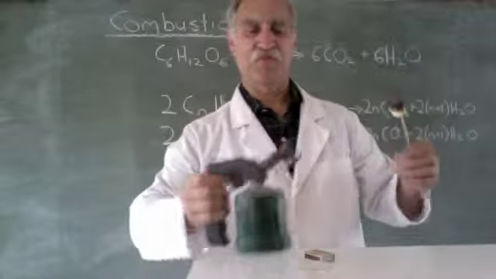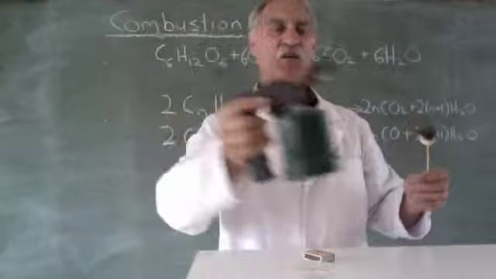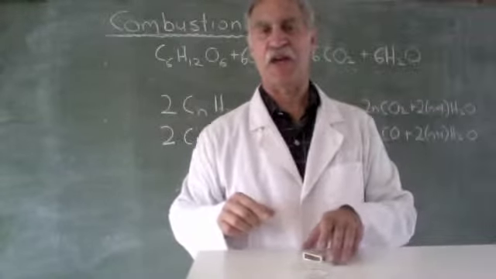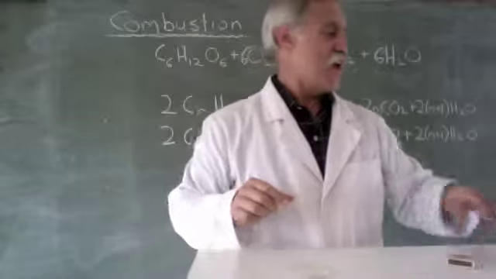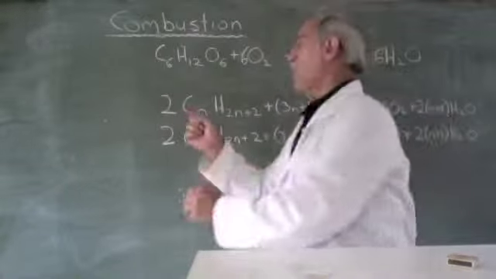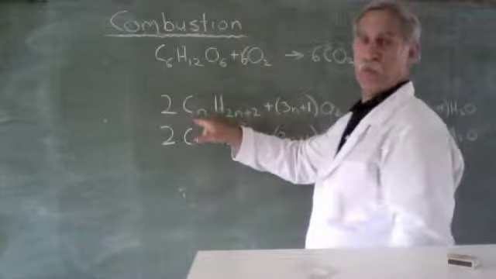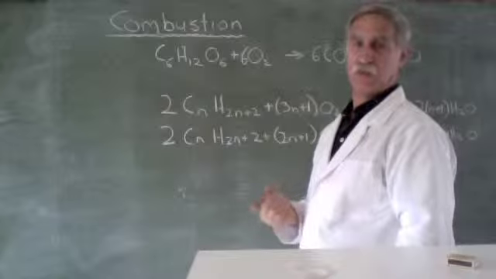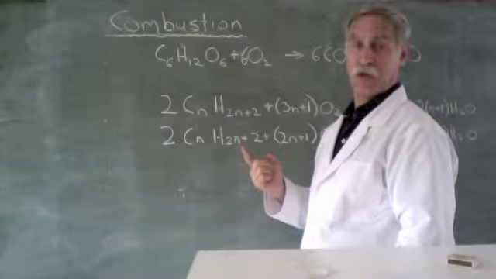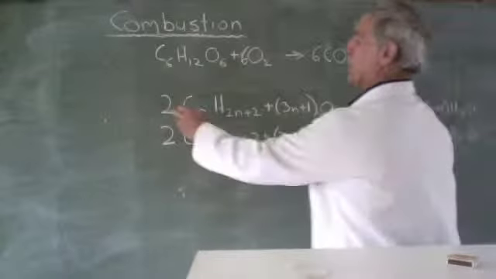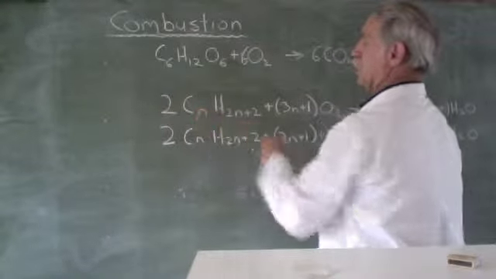So this gas is a mixture of propane and butane, and here is the general formula for burning a hydrocarbon. Now propane, methane, ethane, propane has got 3 carbons. So let's stick with propane. What would the formula be? So we take 2CnH2n+2. Now in the case of propane, it would be